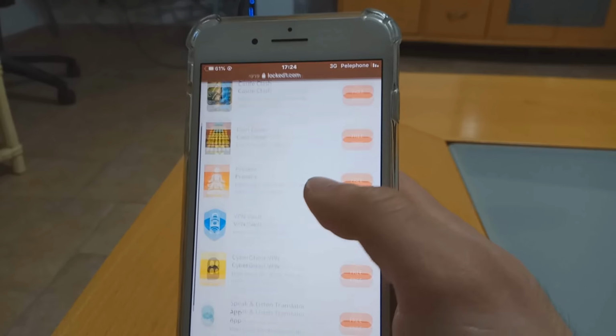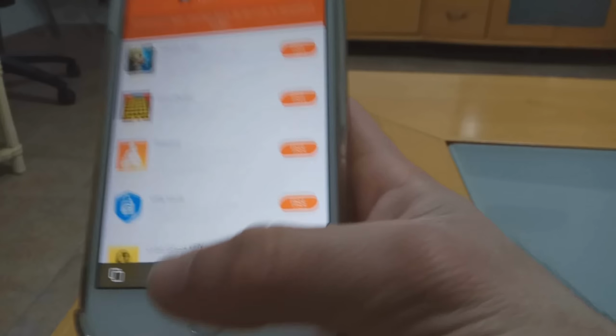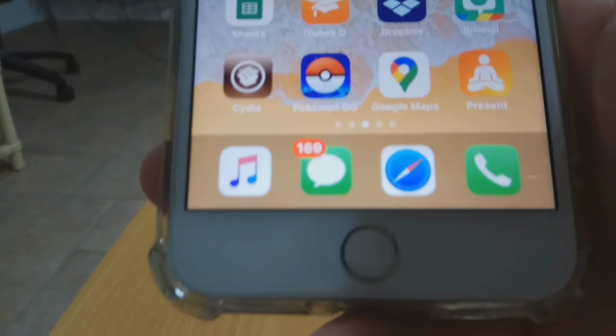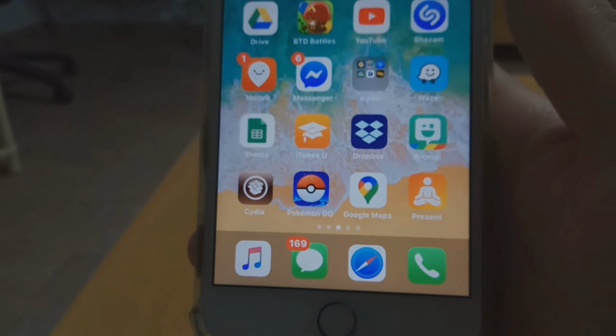So yeah, this is pretty much how this whole process works, guys. Run 2 apps for 30 seconds. Let's assume I just finished downloading this app and doing the process for 30 seconds. You just download